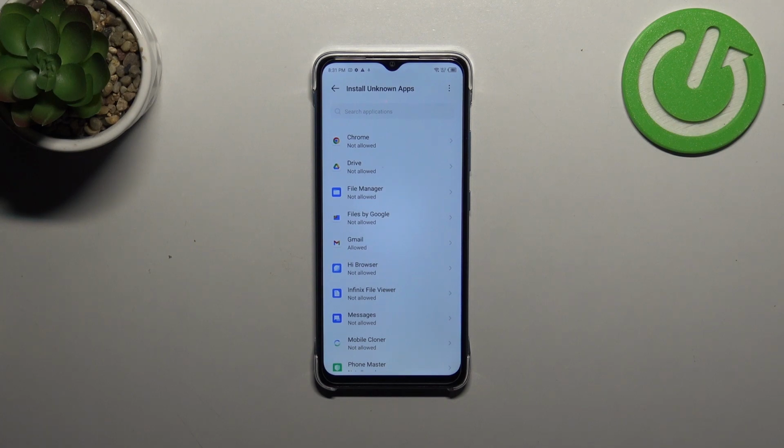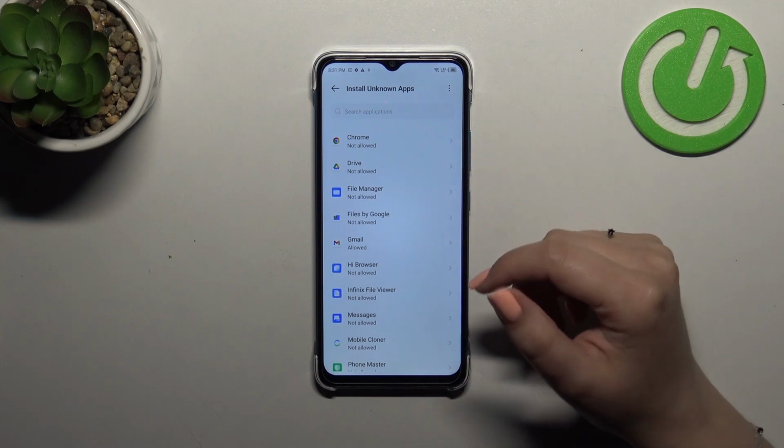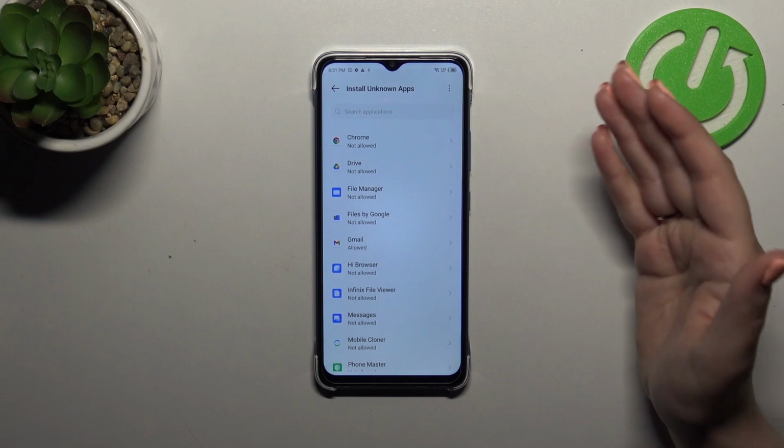Be aware that you're doing it on your own responsibility because some third-party apps aren't verified by the developer, so you may put your data and actually whole device at risk, so remember about that. Of course, it will work the same with all other apps, so just tap on it, tap on the switcher